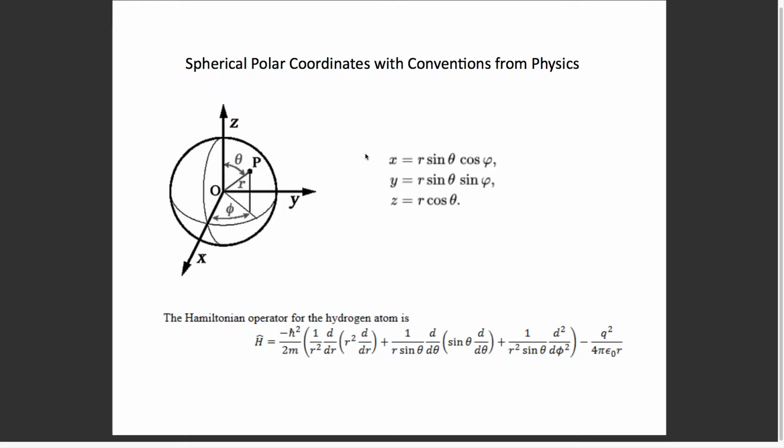So the conversion to go from the spherical polar coordinates back to Cartesian coordinates is that z, the z component here of the line segment, is r times cosine theta. Since the cosine of theta is the adjacent, which is this z component, over the hypotenuse r, then z is equal to r cosine theta, because cosine theta is equal to the z component over the hypotenuse r. And x is equal to r sine theta, right? The r sine theta component is what puts it into the xy plane, because the x component, right, the xy